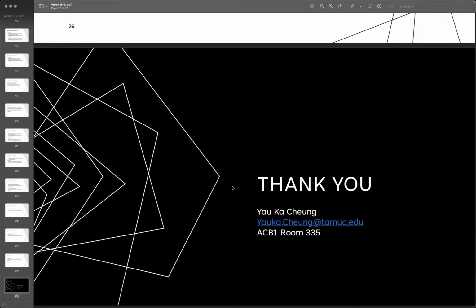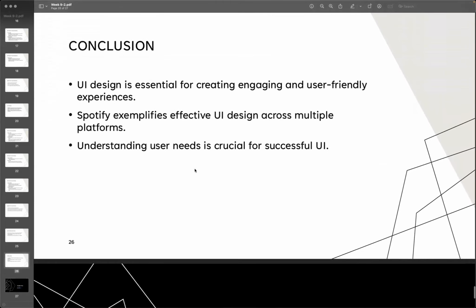And so far, up to here is all about the information of the UI design. Let me know if you have any questions or interest about the UI design. You can ask me. If no, then just like I let you know earlier,